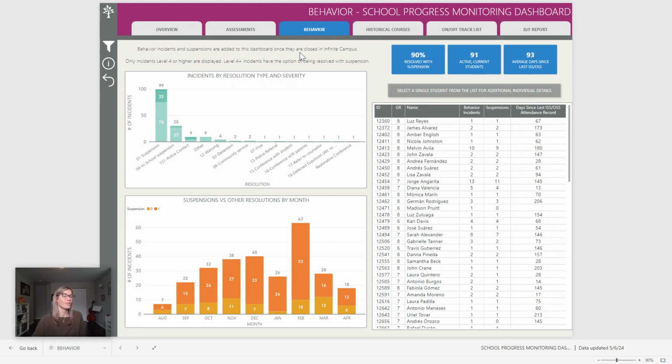And again, only those level 4 or higher, which are the ones that could be resolved with suspension. So those are the only ones that you'll see here. If you want to see the admin conferences, those are listed on the individual student page, which I show in a different video. We also have the number of days since the last either ISS or OSS attendance record was